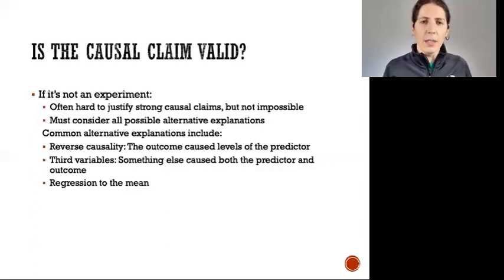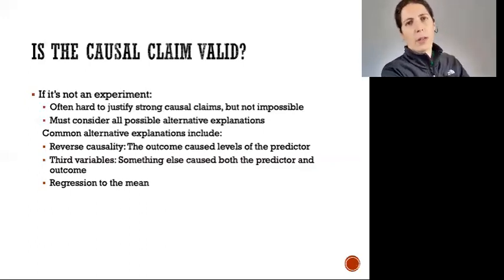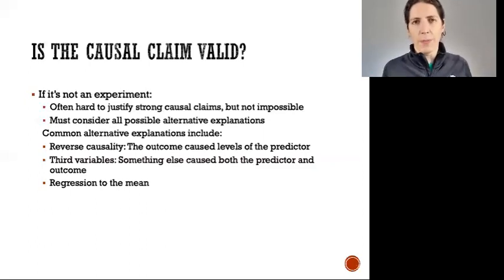Another thing to keep in mind is this phenomenon called regression to the mean, which is that if you select participants based on the fact that they're extreme on something, for example, they're depressed or they are extremely happy, and then you observe a change over the course of your study, a very likely explanation is just that things tend to go back to normal over time. So if you select people because at that moment they were extreme on something, then probably over time they will go back to more average levels.